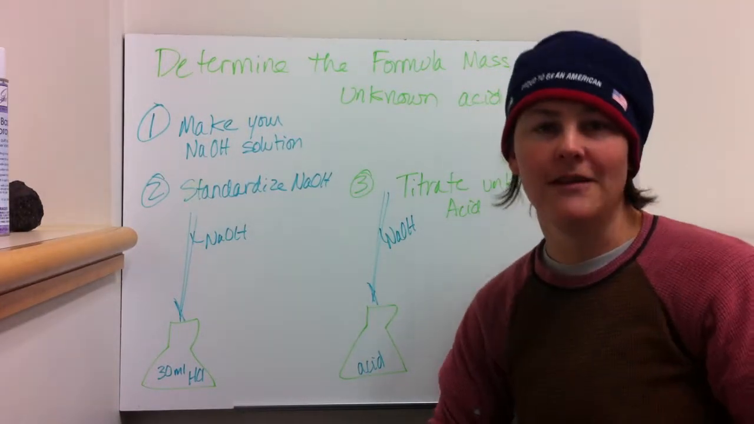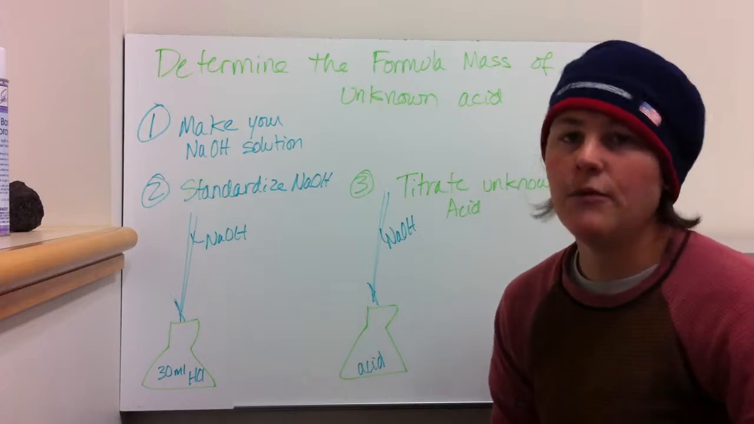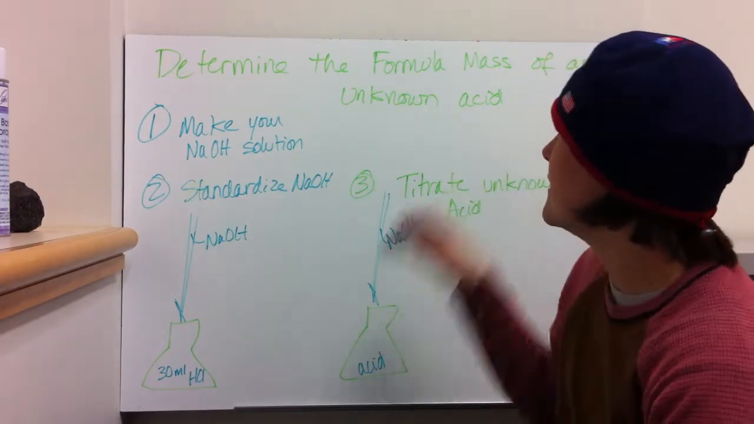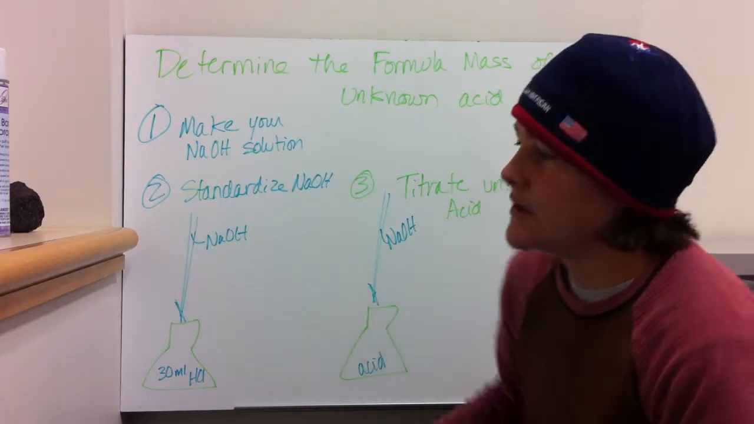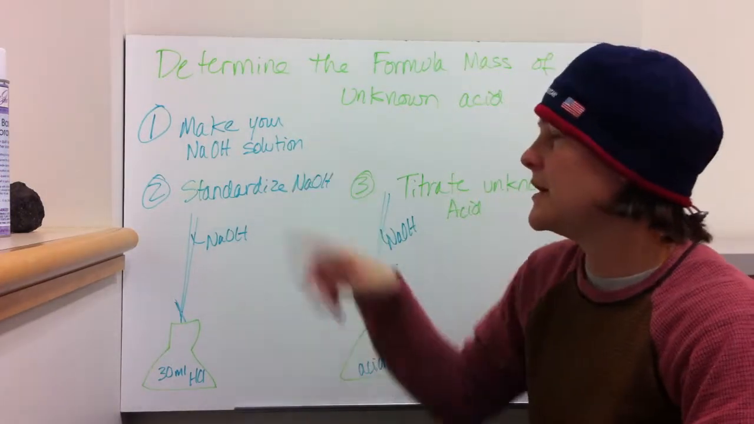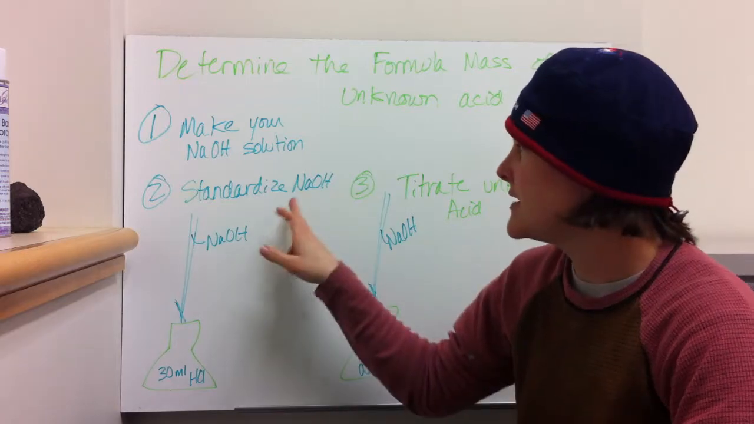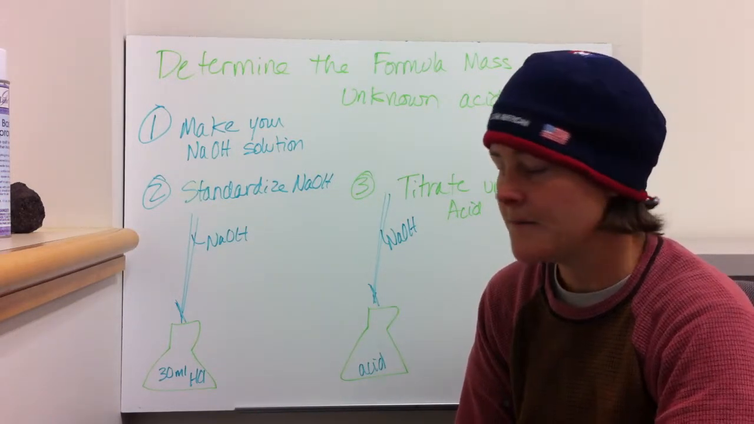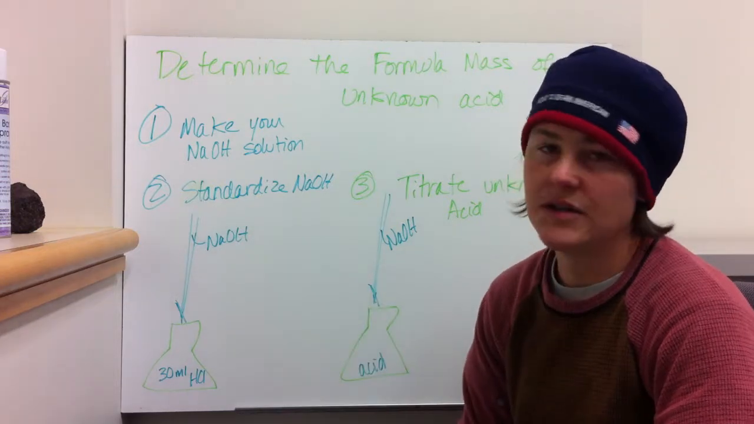All right, let's talk about lab. So this week in lab, we're going to determine the formula weight or formula mass of an unknown acid. There are 3 steps to doing this. The first is to make your NaOH solution. The second is to standardize your NaOH using a known concentration of an acid. And this should be a standard acid,